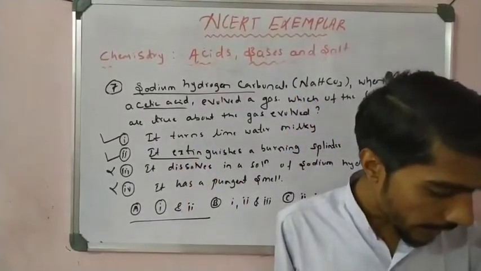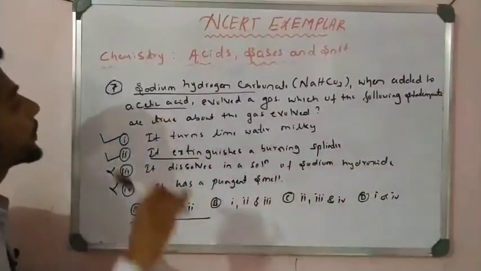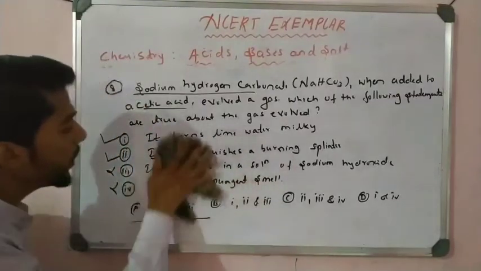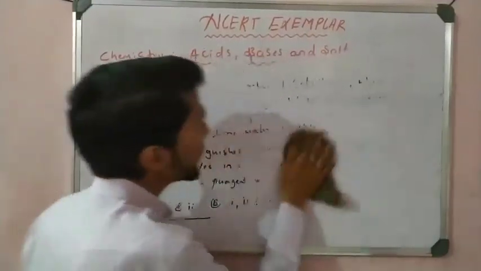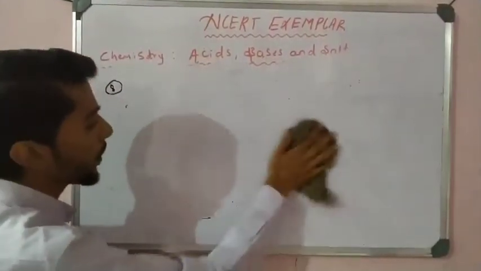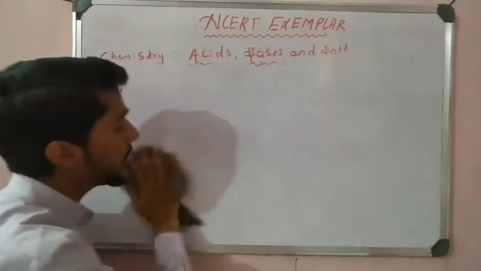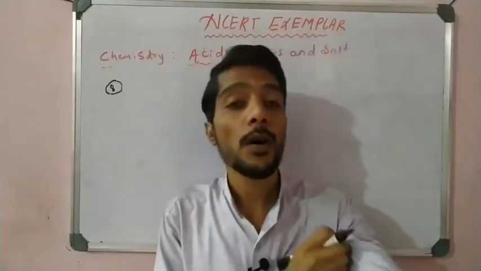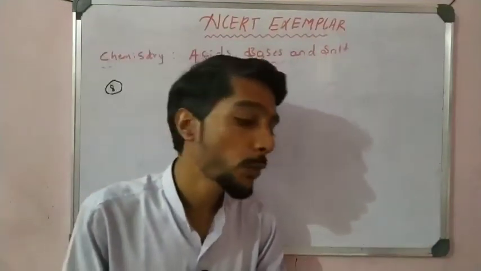Both statements are correct. Now students, take another very important direct question, question number 8. You have to remember the reaction between metal carbonates, metal hydrogen carbonates and acids. Practice that concept once, because it is very important for multiple questions. Which gas is evolved when a metal carbonate reacts with an acid? Carbon dioxide gas. What products are formed? Salt plus water plus carbon dioxide. You have to remember that.